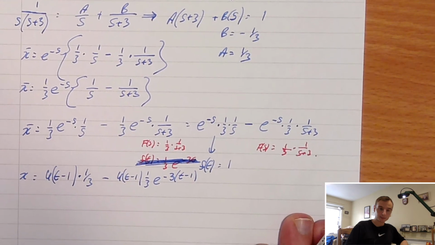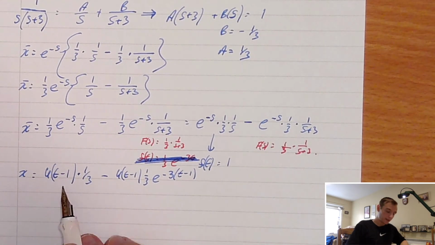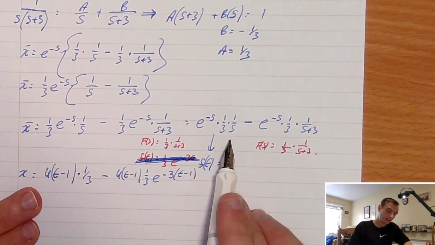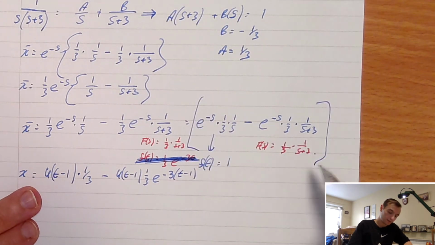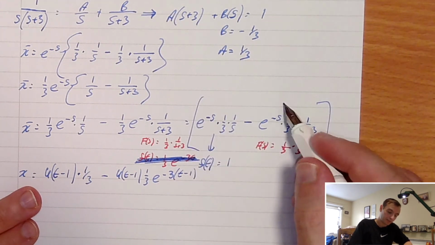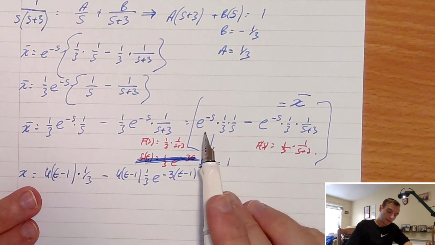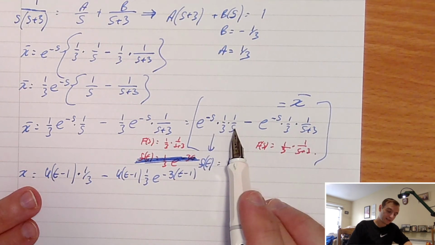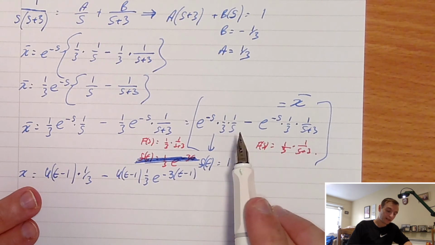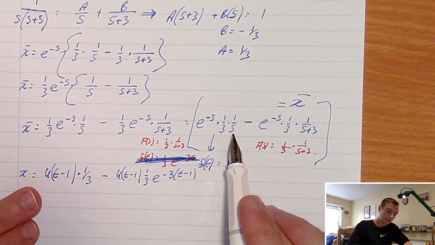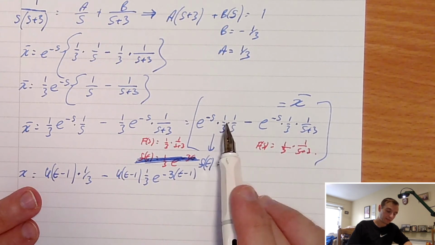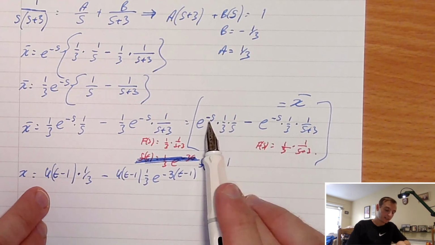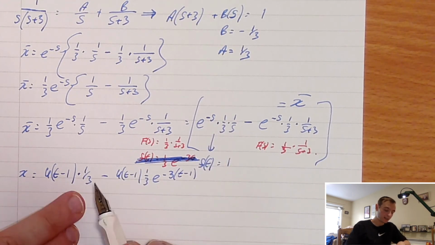Sorry, I do apologize. So all I've done here is taken the inverse Laplace transform of that, and that's x bar. Okay, e to the minus s, 1/3, 1 on s. So again, f of s is going to be 1/3, 1 on s, so therefore f of t must be 1, and it's linearly amplified by a 1/3 factor. And the shift is going to be 1, so it's going to be u(t minus 1) times 1,